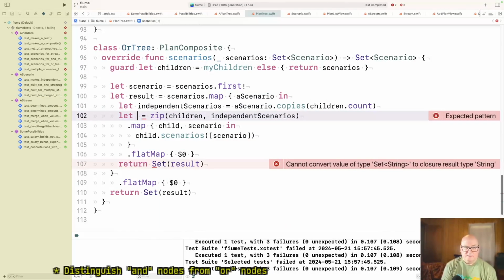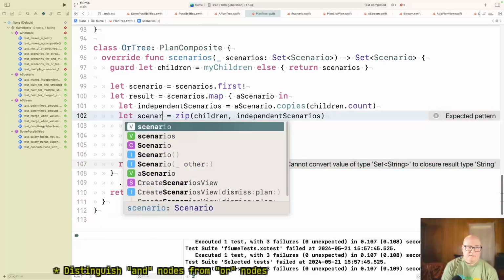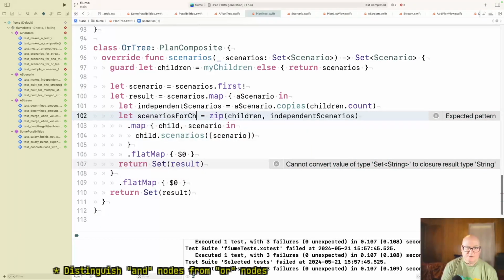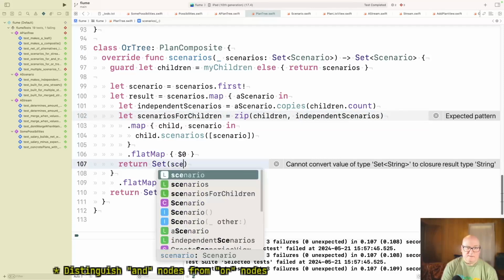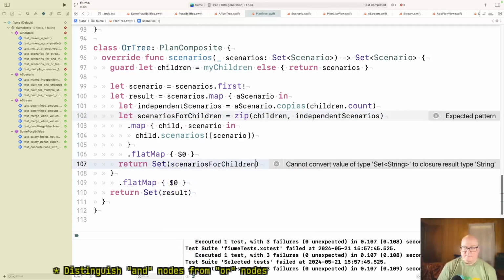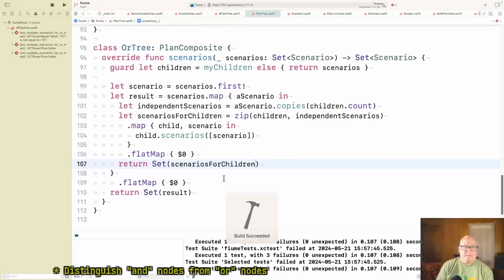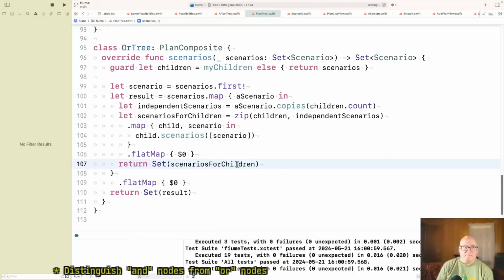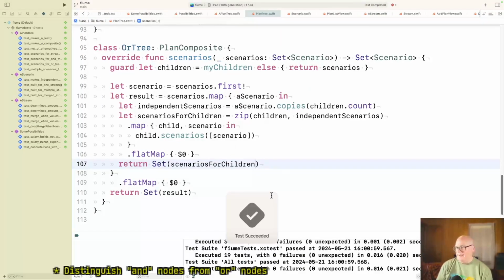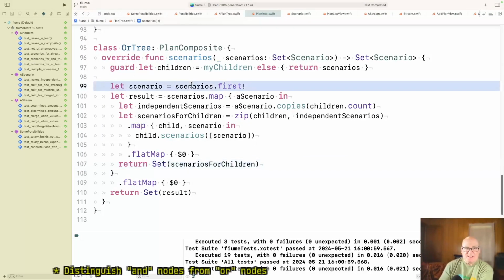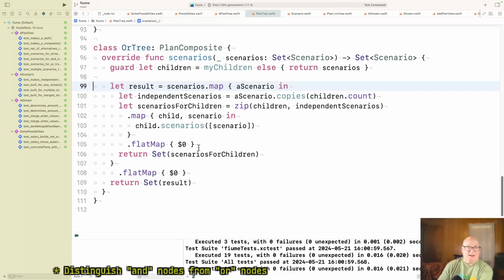Let scenarios for children. Okay. All right. Okay. I don't know if it's seen magic. Usually I can't type 6 things without making a mistake. Now nobody's using this. Okay.